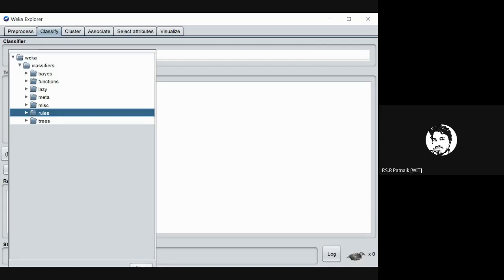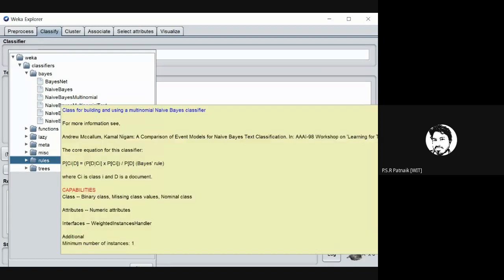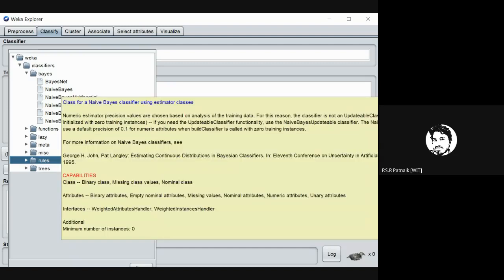So we will try these four combinations. Okay, so let us do one thing. What is the first thing I want to try? Let me try a probability based classifier. Out of this, the probability based one is naive Bayes. So I think multinomial, let me use this. Multinomial means multi-class. So this is a simple Bayesian classifier.